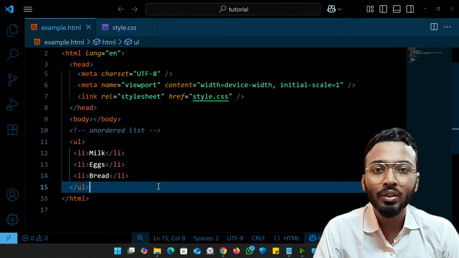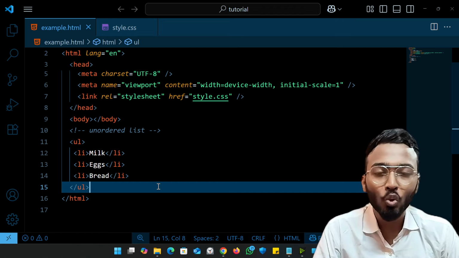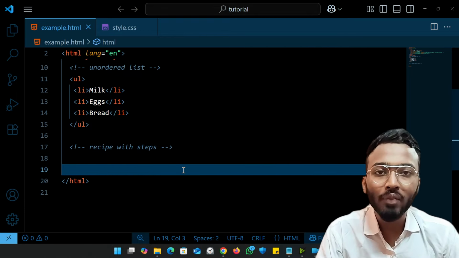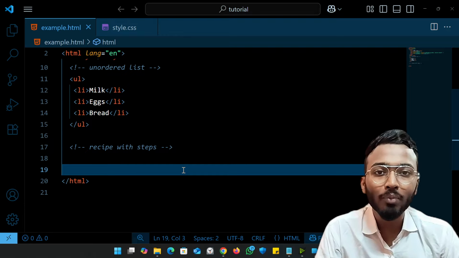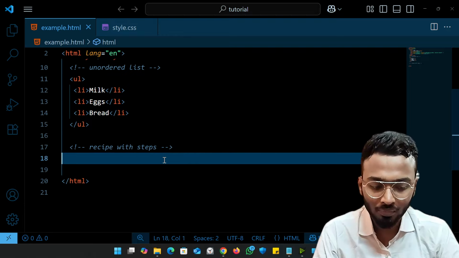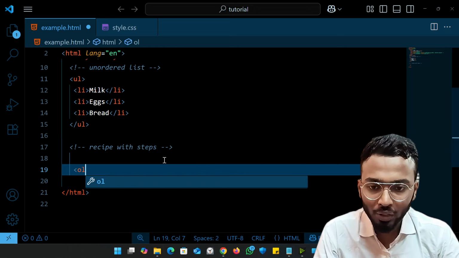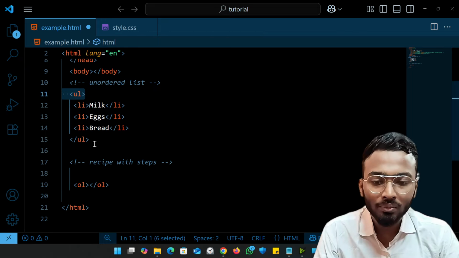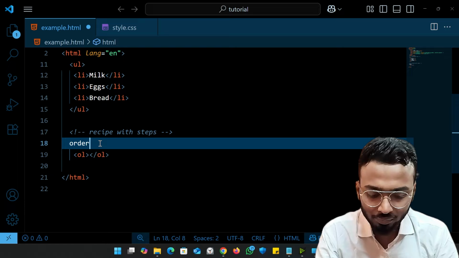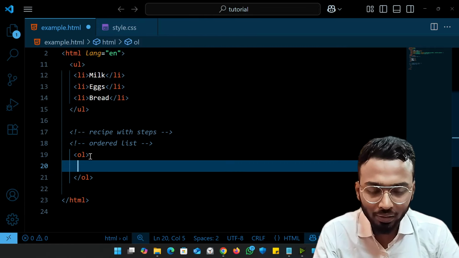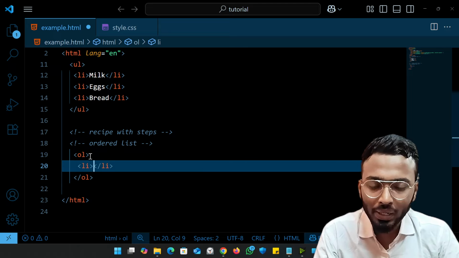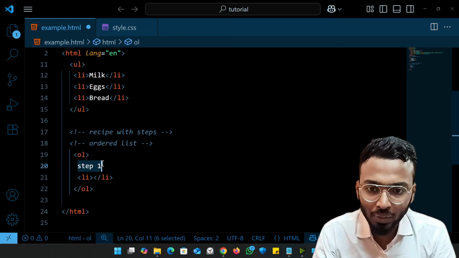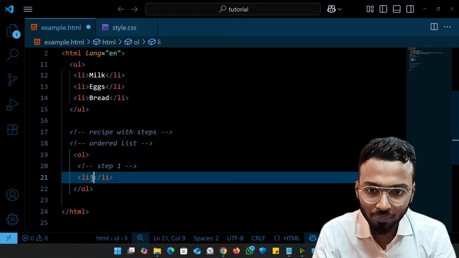Now let's imagine you have a recipe with steps like step 1, 2 and 3. So this time we will use an ordered list. That is the second type of list that we have in HTML. For an ordered list, simply we will use the OL tag, as for unordered list we had UL. Then again for list items, simply li. So let's say your first step, as this is a recipe with steps,